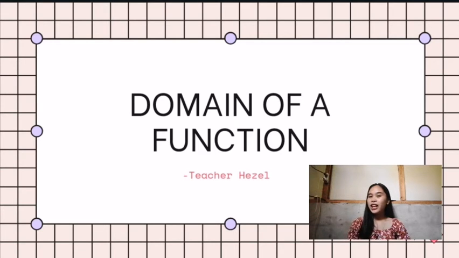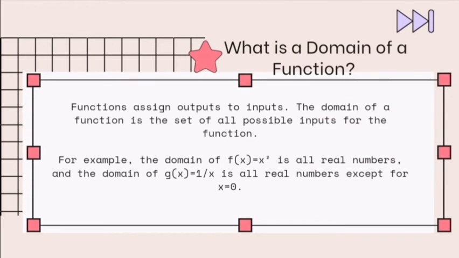Still, this is your teacher Hazel, and for today's video, we will explore the domain of a function. Functions assign outputs to inputs. The domain of a function is the set of possible inputs for the function. For example, the domain of f of x is equal to x squared is all real numbers, and the domain of g of x is equal to 1 over x is all real numbers except for x is equal to